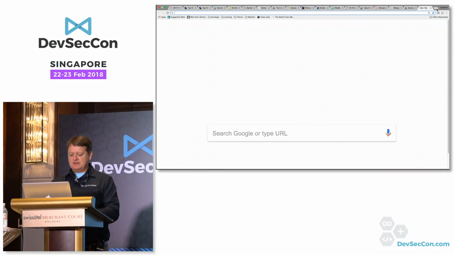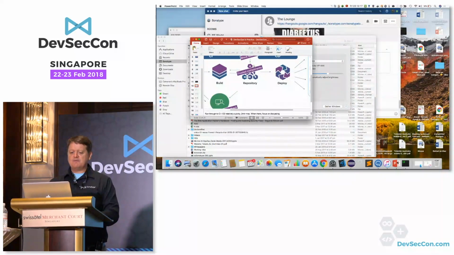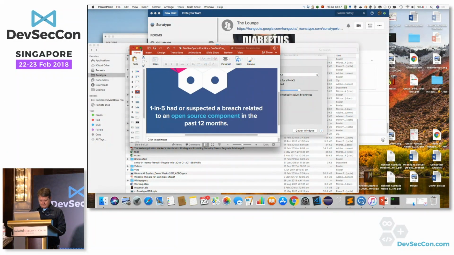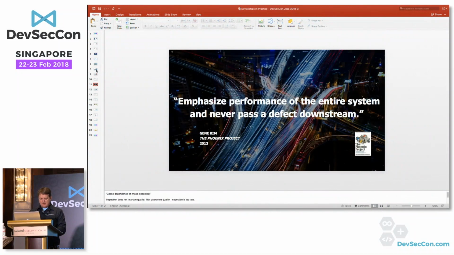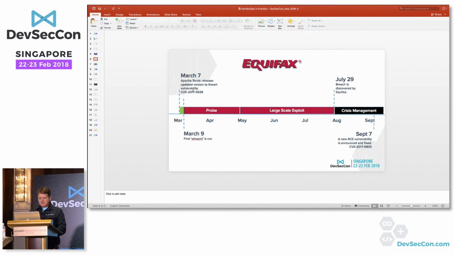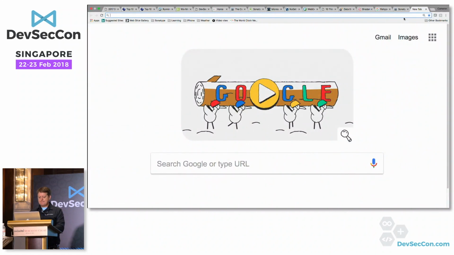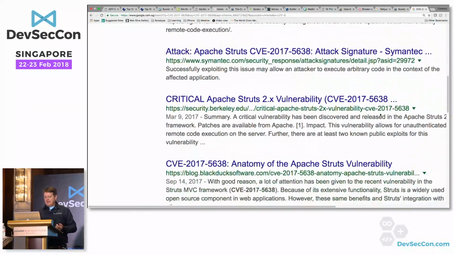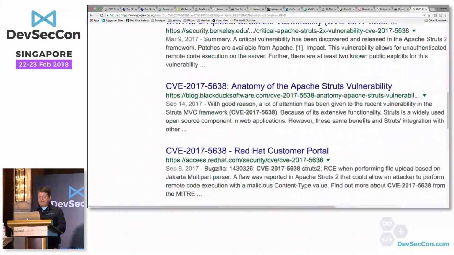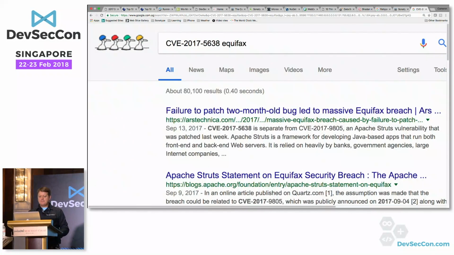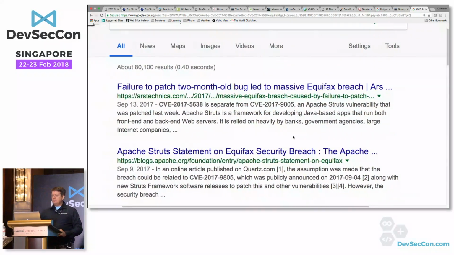And Equifax actually had, let me just have a quick look here. I've got some references for that to confirm it. I'm happy to share this. Where are we? So this is the CVE here. And you can read up on it. And the exploit was, let's just have a look at Equifax here. Yeah. So there's a number of articles here.